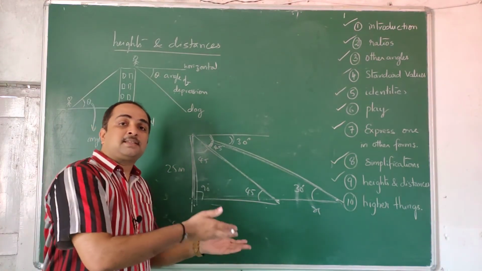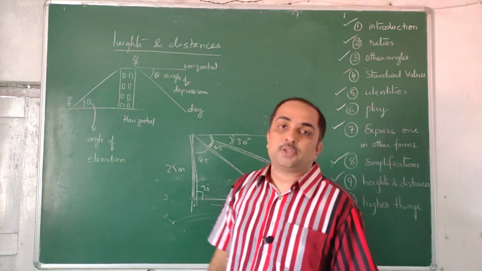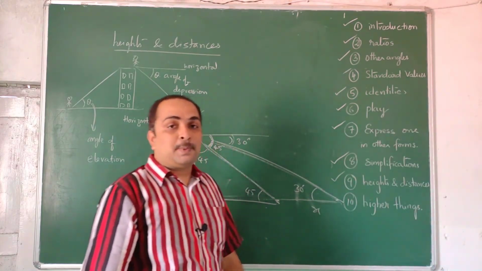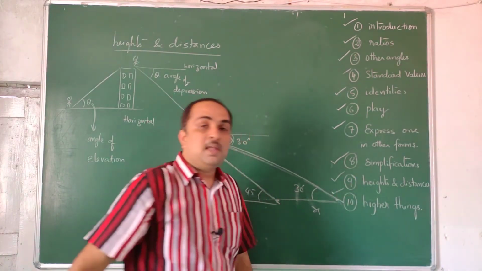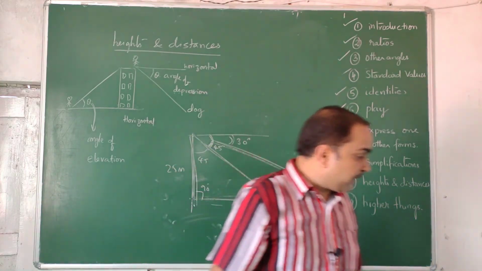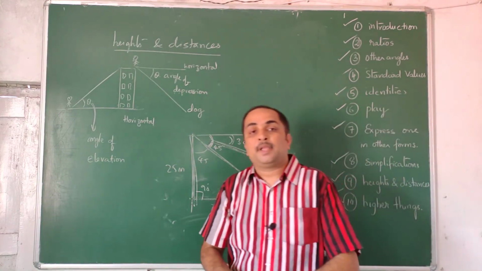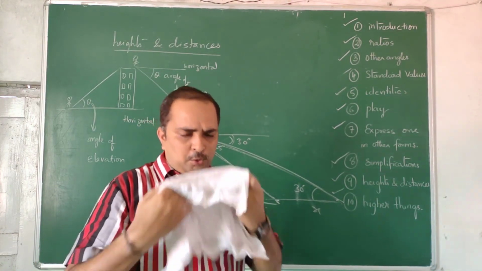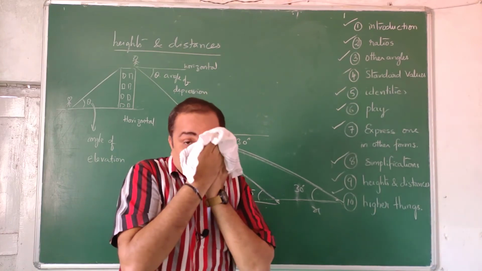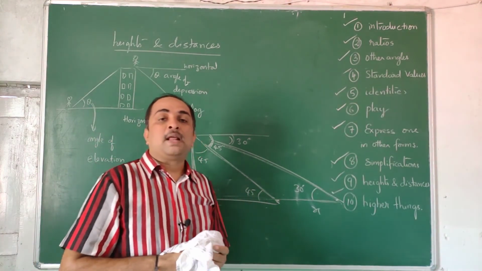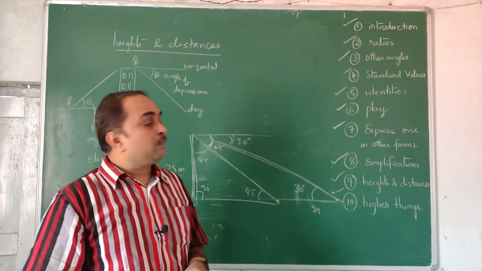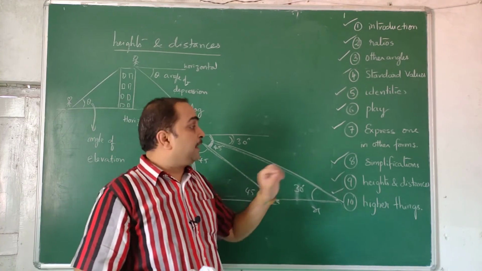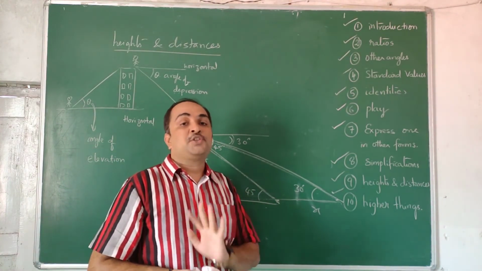Angles are related to sides, and sides are related to angles, using trigonometric ratios. That is what trigonometry is. That is what we are doing. So heights and distances is the last part. Next is higher things, and higher things are always higher. There is no limit for any subject. I don't think anybody can claim that they do all problems in trigonometry. In future, when you go to higher levels, a lot of trigonometry is learned that will develop your analytical skills and many other skills. But the elementary introduction is very properly given, I think, to the best of my knowledge.